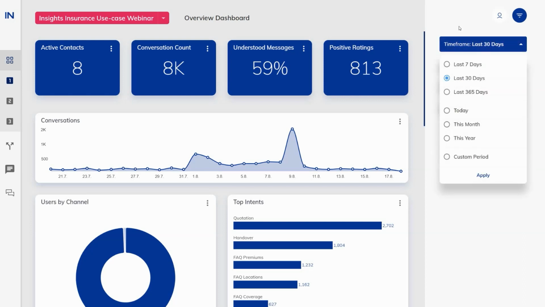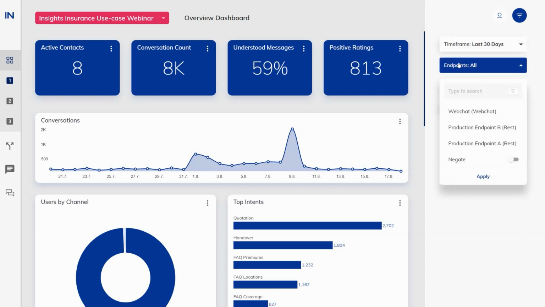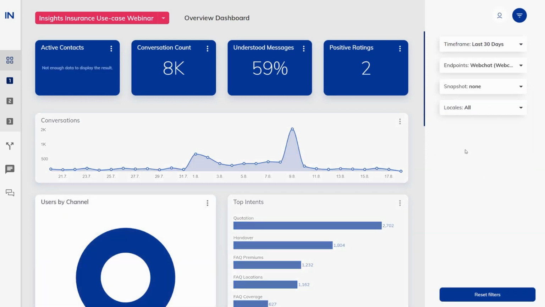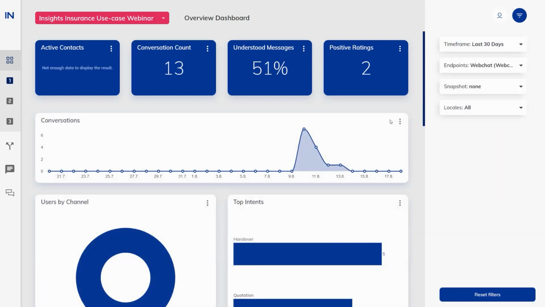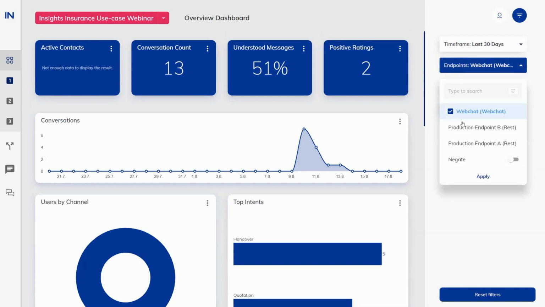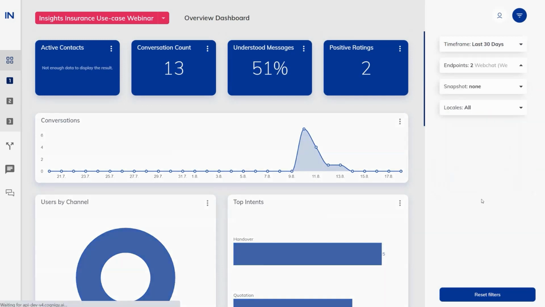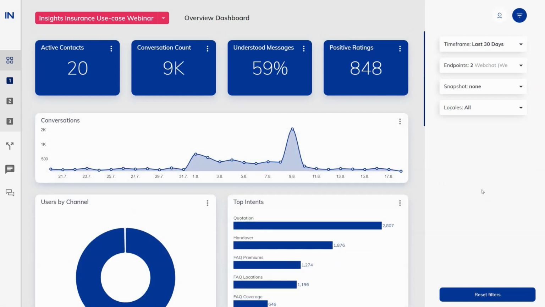So here we can play with the time frames that we want to analyze. We can select the endpoints we want to look at. So for example, maybe we only want to look at the web chat, and everything will automatically update. We can also do multiple selections where we select 2 endpoints, for example, to analyze the data from those endpoints